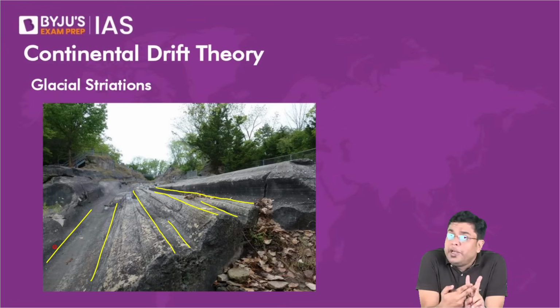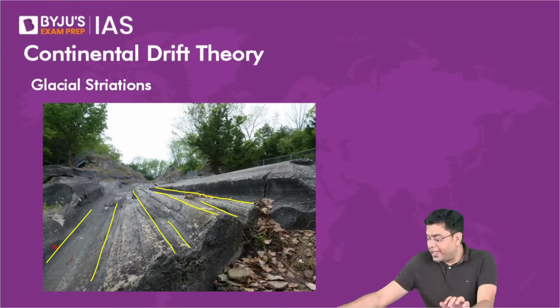So there could be only two possible logical explanations for them. One logical explanation would be that the climate of the planet has changed so significantly that at one point of time these areas were covered under glaciers and now they have completely melted out. The other explanation could be that if you fit all these places together, it might have been possible that these places indicate the early Gondwana land. These places would have been together and they have actually drifted apart. And that is what he did.